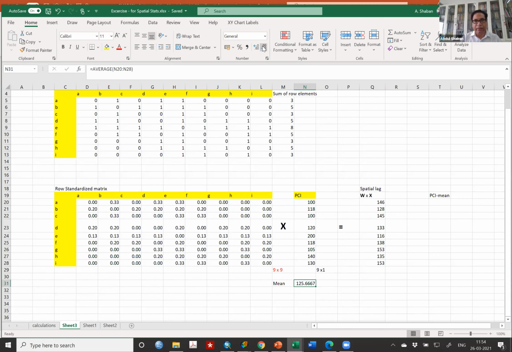So this is your average value. Now you have to compute the mean deviated value. So equal to, this is the original value minus the mean. I have to do minus mean, meaning this value. So this is N3.